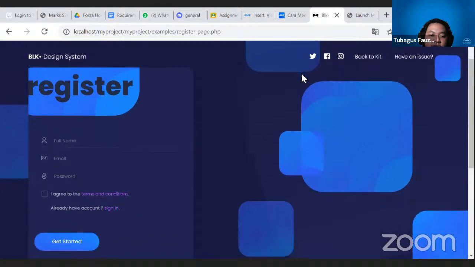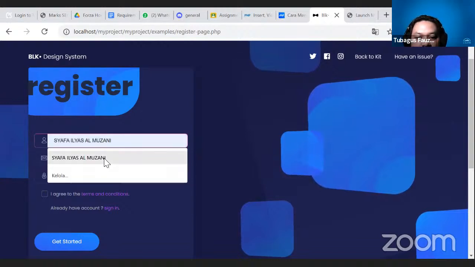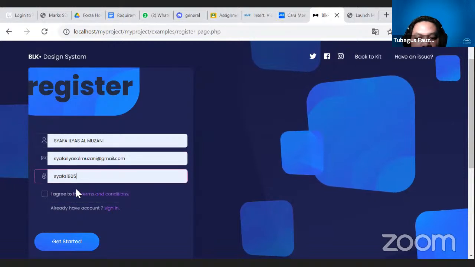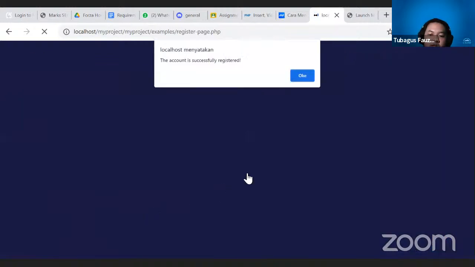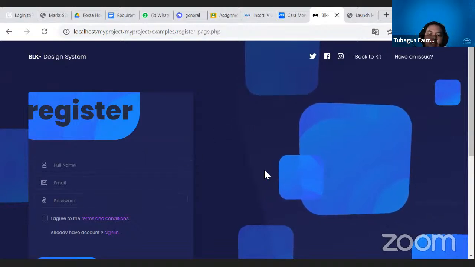Okay, after that we insert our full name, email, and password. So this is from Ilyas. Okay, we agree. Okay, get started. So after we registered, the account is already stored into the database. But if we